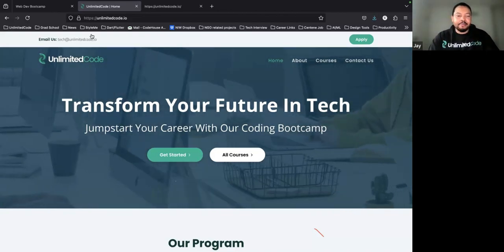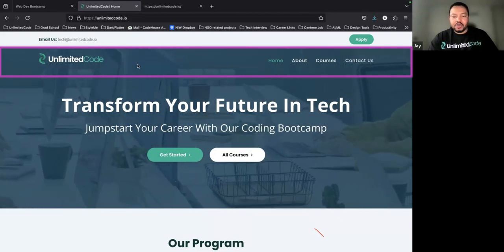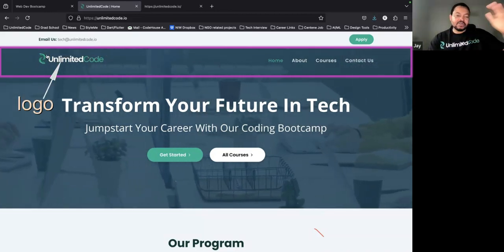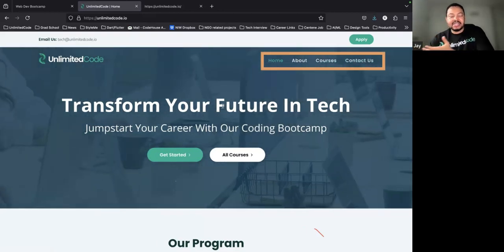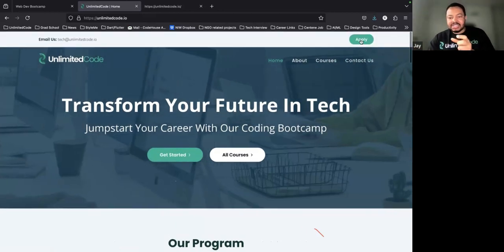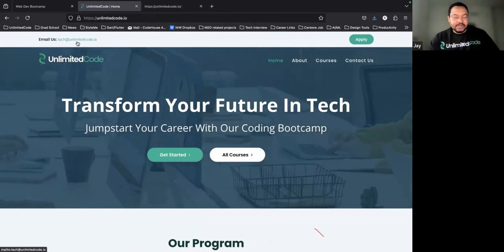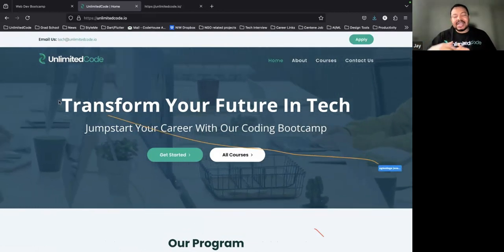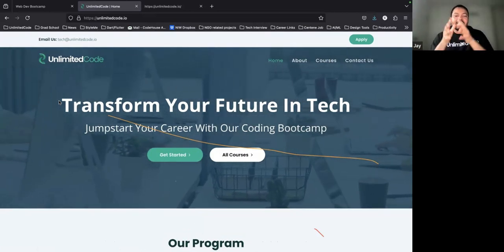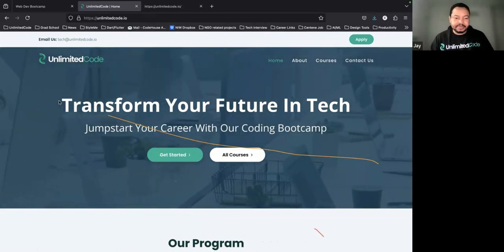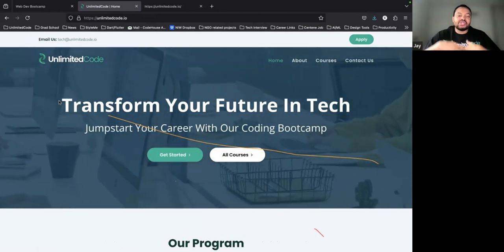You can see the menu bar. Let's look at this menu, or the nav bar rather, on this web page. You can see the icon is located to the left. The other menus are located to the right. There is a hero section. This button is at the top right corner. This email address is at the top left corner. So it is CSS that helps you to be able to present the content of that page the way you want, right? But the HTML is what gives you the structure